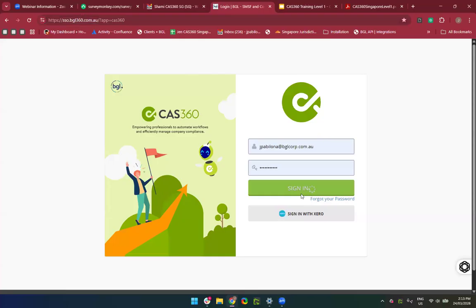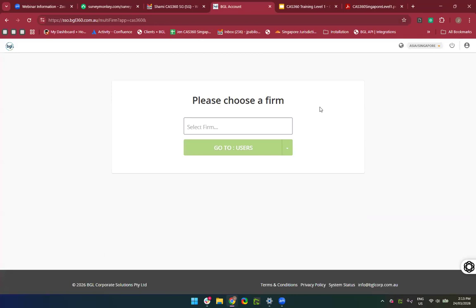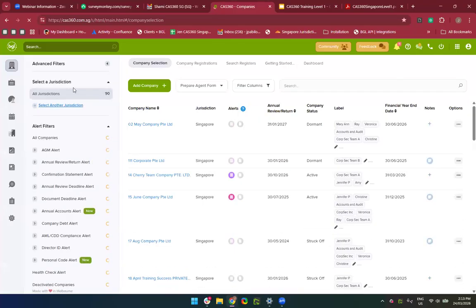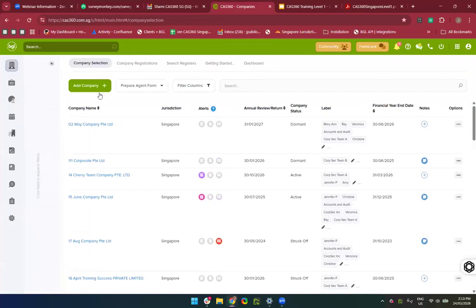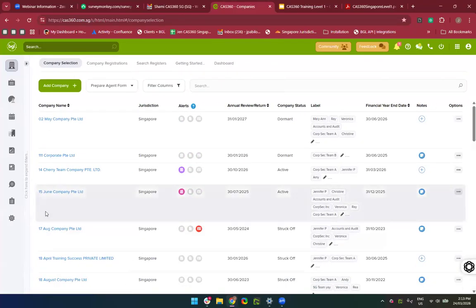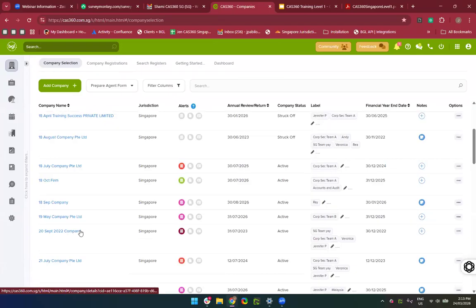So when I click on log in, essentially it will bring me to the main dashboard of the software itself. And as a new user, what you will see on the left-hand side will look something like this. You have empty slots in the list of company selection. If you have engaged our client success team to do a bulk import, you will see the list of companies